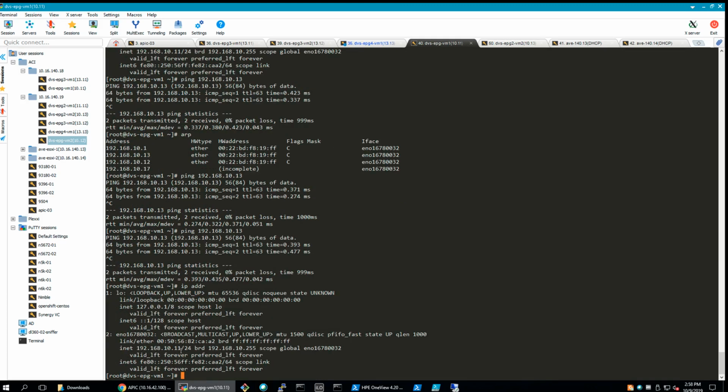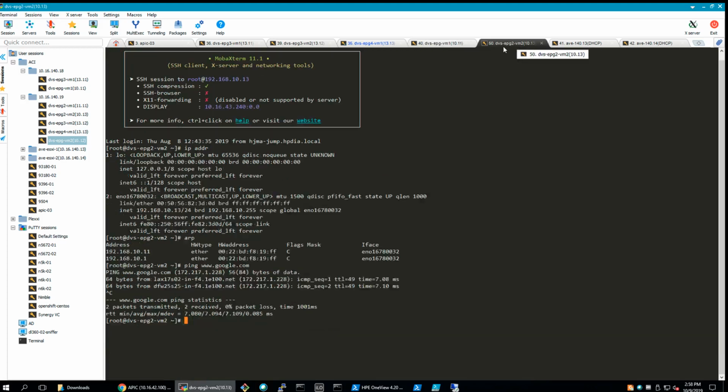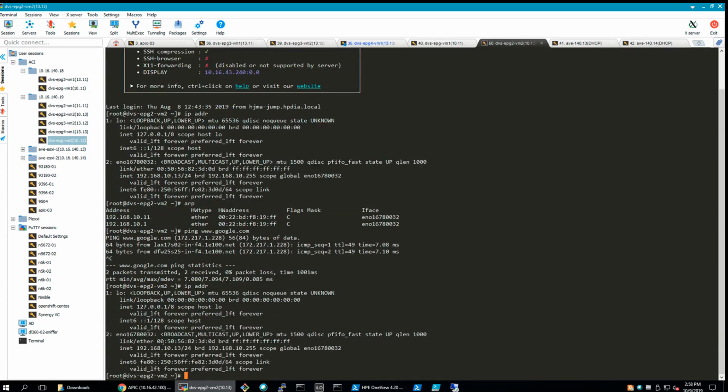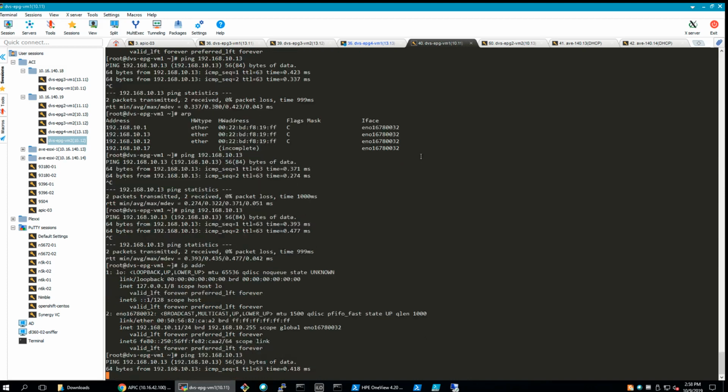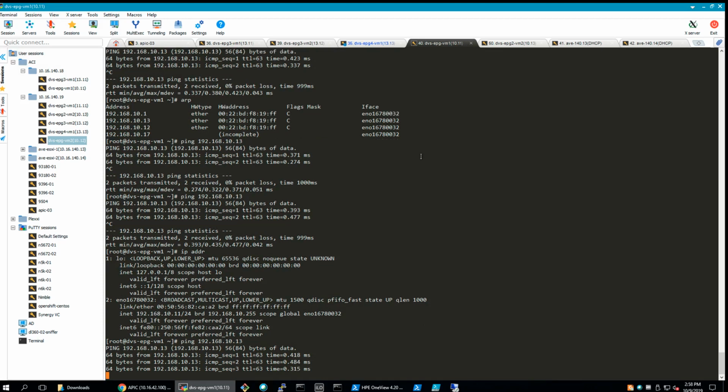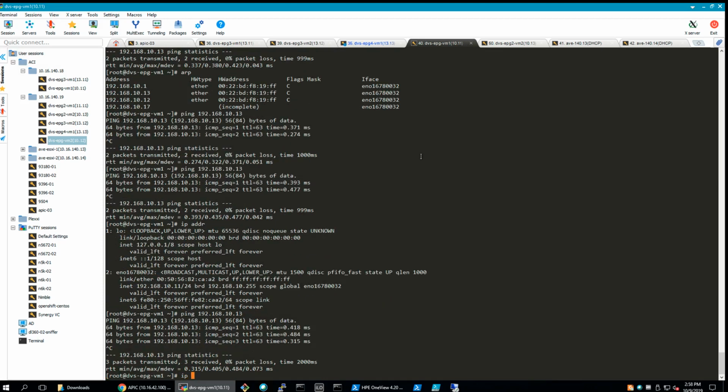This VM1 in EPG1 is 10.11, and let's take a look at this other IP address. This is 10.13. So again, two EPGs share the same BD, and they also share the same IP subnet. If you want to ping 192.168.10.13, okay, it's working. If you take a look at IP neighbor,